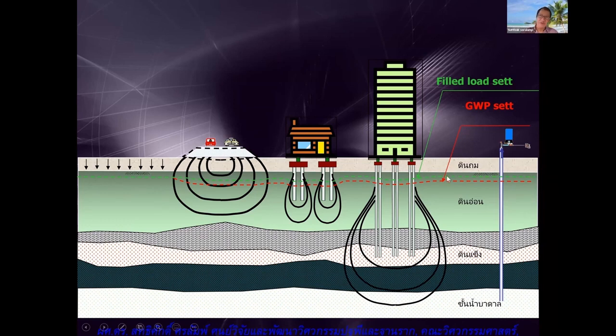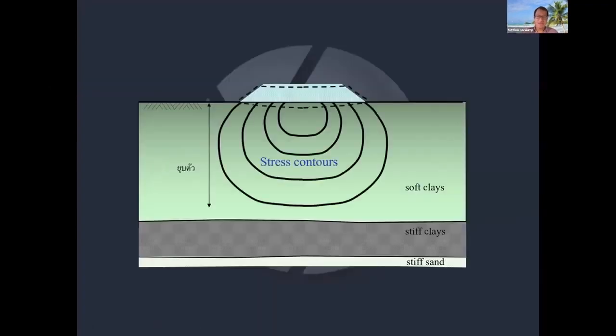So it means that we fill up the soil in order to be above the maximum flood level. If it settles more, in some years it may be lower than the flood level, and then we fill again. Besides, in the past we used underground water, so we did groundwater pumping, and there might be some subsidence in the area. But of course, thanks to everybody who stopped the groundwater pumping in Bangkok, we have no more subsidence in the city center of Bangkok, but we still have the settlement or subsidence from the filling soil.